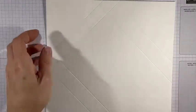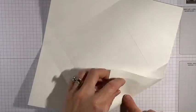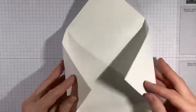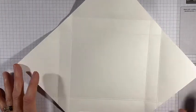All right, so for this one, again, we're going to fold on our score lines. And just like the envelope box, we need to cut off some bits because they're not necessarily needed. And it makes folding this so much easier. All right, so we have our sides, we have the bottom, and we have a top. So you can see my tabs are a little bit smaller than the envelope punch board, but like I said, in all honesty, everything closes just fine. So same thing, I'm going to trim up to that score line at the bottom, and then I'm going to remove this section